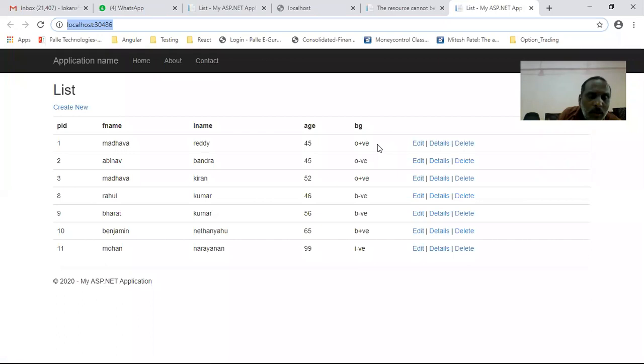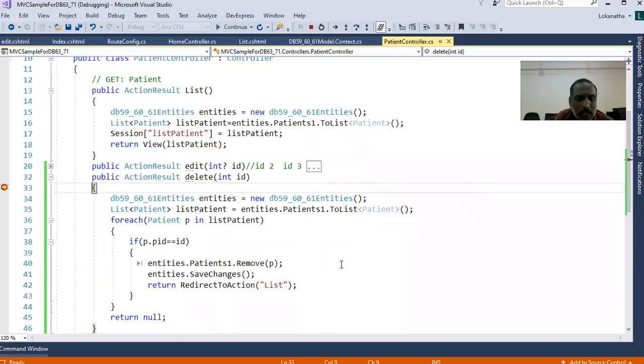Now I will try to remove Rahul Kumar, the 8th record. I'll click on the delete hyperlink. The call is coming to the Delete action method. What is the ID number? 8. Okay, I clicked on 8.